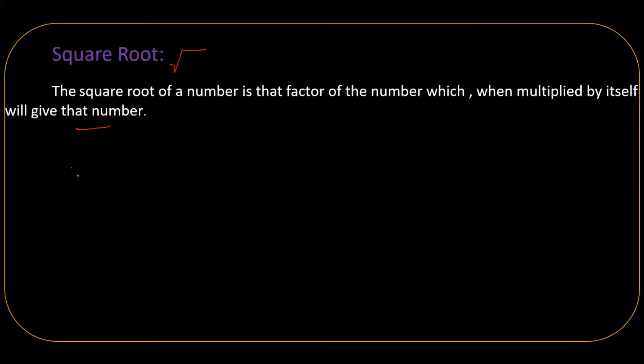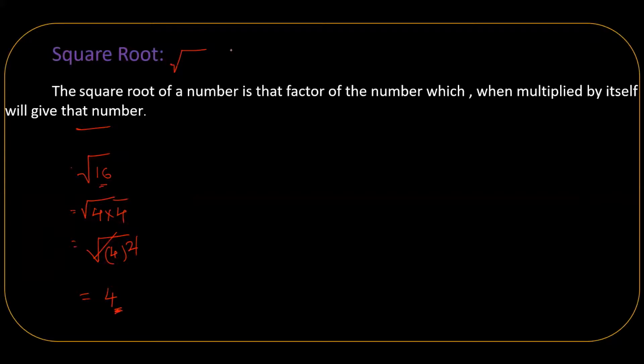So now find the square root. Here I'll write 16. Okay. So we can write 16 as, now write the factors of 16. 4 into 4 is 16. Okay. So we can write 4 into 4. We can write it as 4 square, right? 4 square. The square and root will get cancelled. The answer is 4. So this is the answer. What is square root of 16? The square root of 16 is 4.